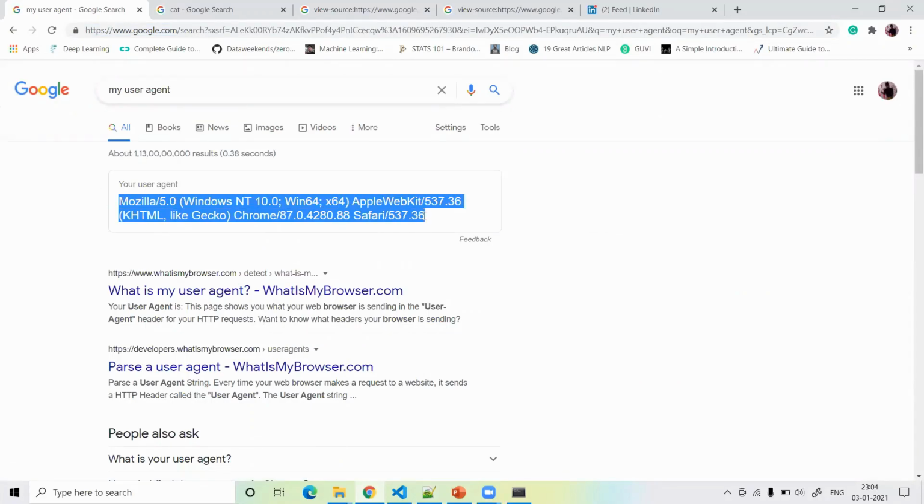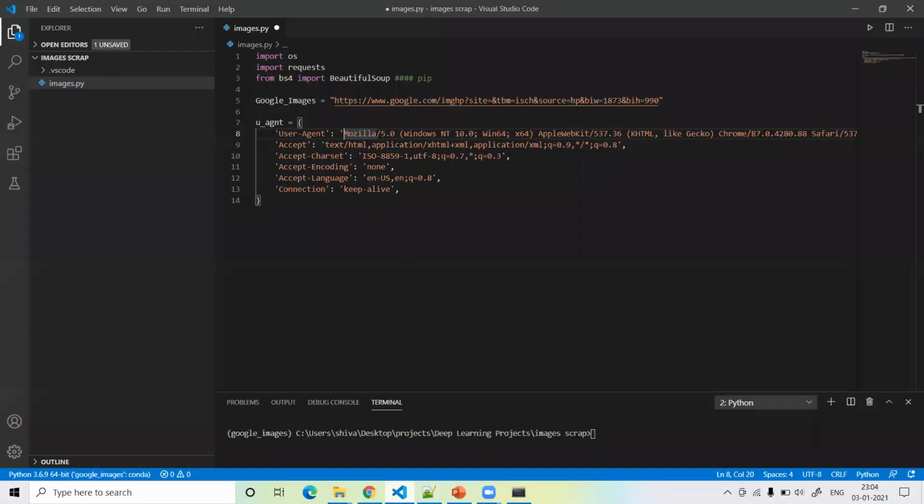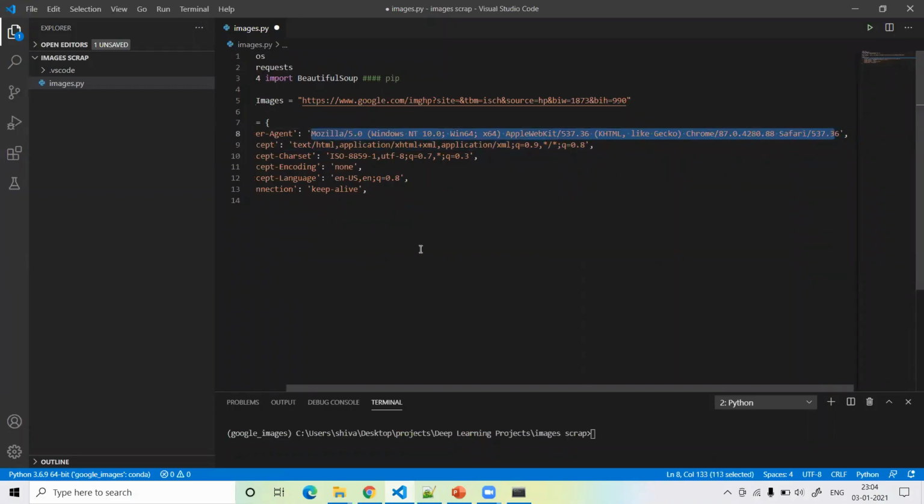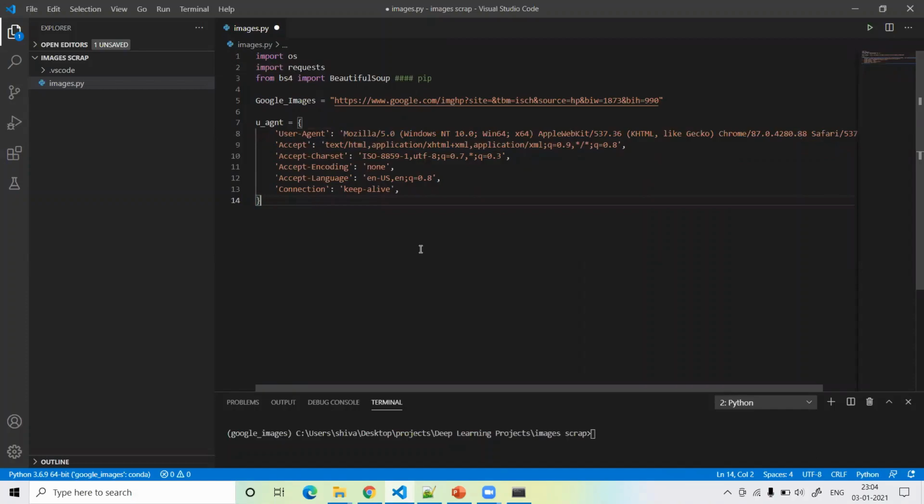Copy this user agent from your system and replace the code here. You just write your user agent. Why do we have to define this user agent? The user agent identifies the browser and sends the browsing details from your system. So we have to define the user agent, guys.